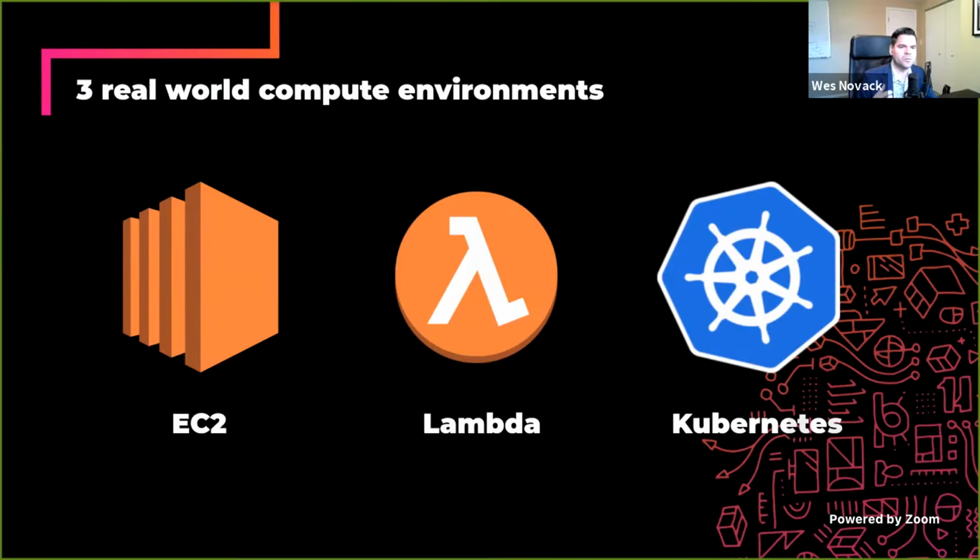Speaking again to the desire to run our acceptance tests in these real-world environments, to have confidence in our code changes before we publish new versions of our libraries and packages, we targeted the three most popular compute environments that our customer teams in the Pluralsight engineering org use. Those compute environments are shown on the screen here. We've got Amazon EC2 virtual machines. We've got AWS Lambda functions as a service. And we have Kubernetes, where many of our teams are deploying, and many of our teams are shifting over to Kubernetes. That is one of the more popular compute platforms that we have now, and gaining more and more steam within the organization.